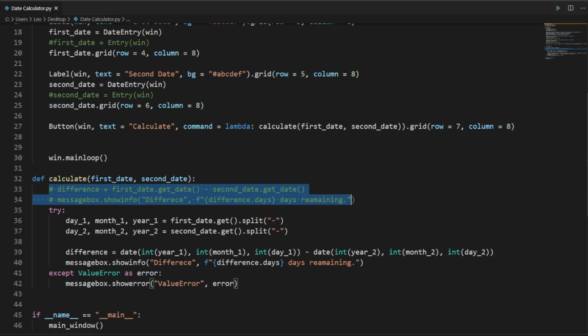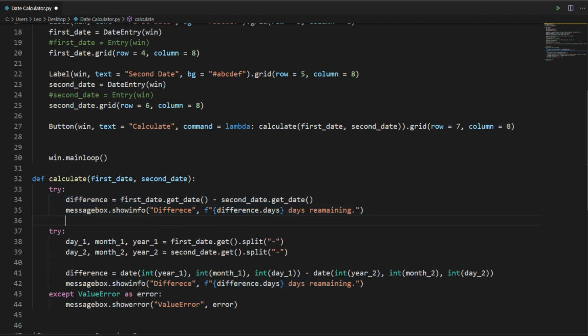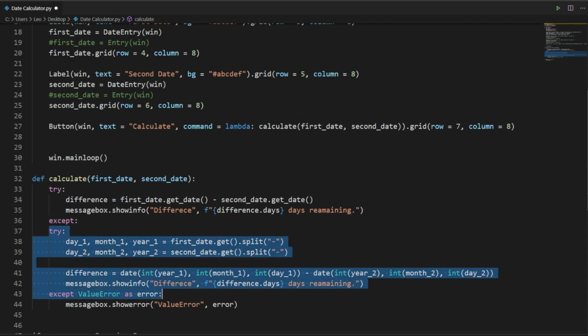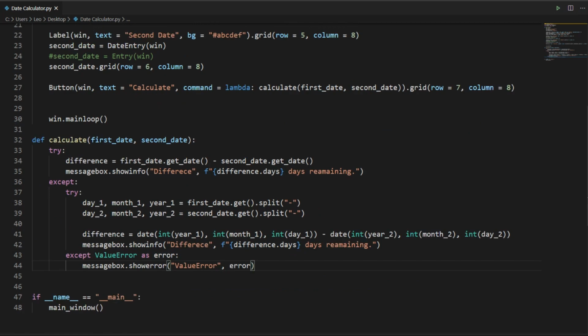This is for the calendar. So we need to uncomment this, and we'll use a try block here again. Try to do this. If it raises an error, then do this. Now let's run this again and see what happens.